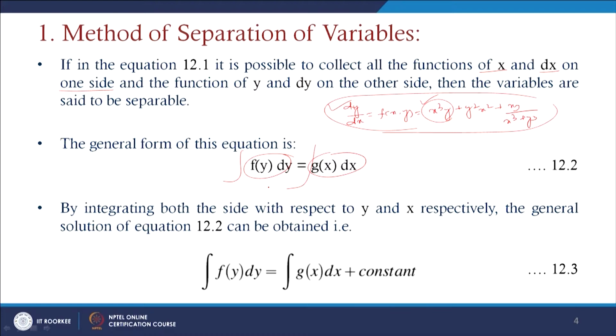And then we have an arbitrary constant, because whenever we integrate these differential equations, we have arbitrary constants. So, the complete solution, if we integrate both sides with respect to y and x, can be written as the integration of f of y dy equals the integration of g of x dx plus the arbitrary constant. These constant values can depend on the initial conditions or boundary conditions. So, whatever conditions are prescribed to us, accordingly we can determine this constant.